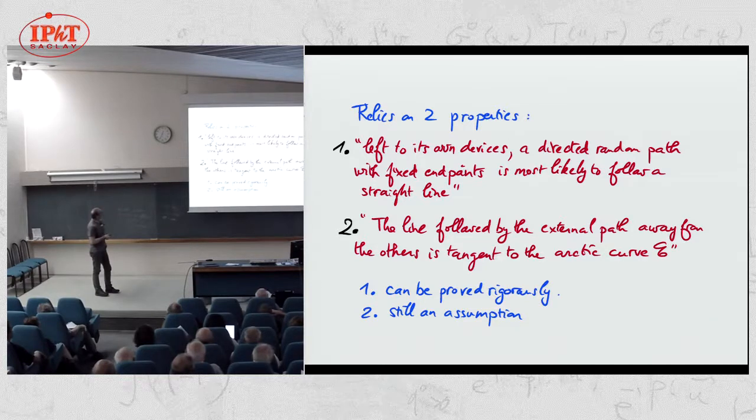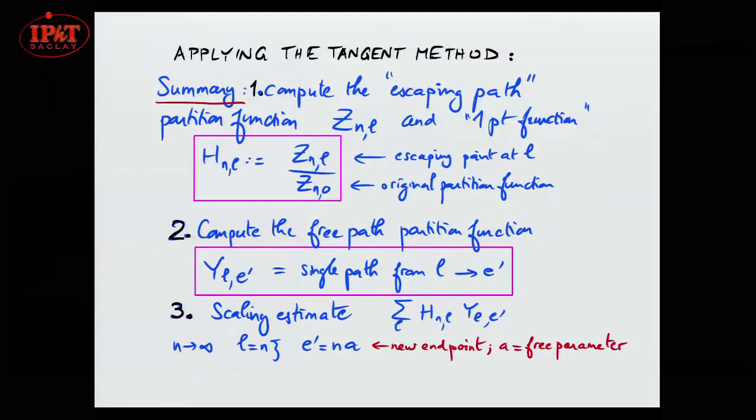So left to its own devices, a directed random path with fixed endpoints is more likely to follow a straight line. Okay, fine. And that can be proved. That's rather easy. The second point, which is a bit more tricky, is that the line followed by the external path away from the others is tangent to the Arctic curve. Okay, it's reasonable, but it still would have to be proved in general. All right, so let me show you how to apply the tangent method now